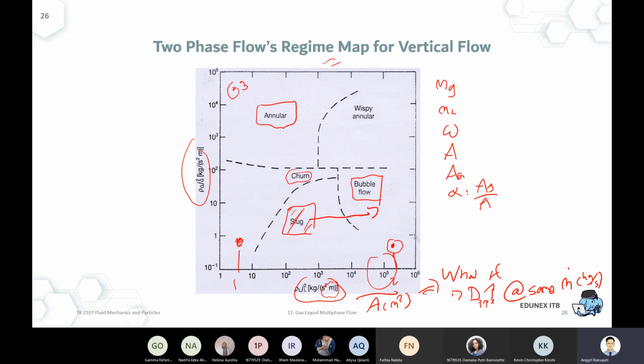How can I get into this bubble flow? Now I have to make it flow faster. Now I can't choose too big of a diameter. So actually the correct way, if I'm starting from the slug part but I want to switch to the bubble flow, is to decrease the diameter. Then I have a chance to avoid the slug. That kind of thing is a decision that has to be made by engineers to design the network of the pipeline. Any questions about this regime map?